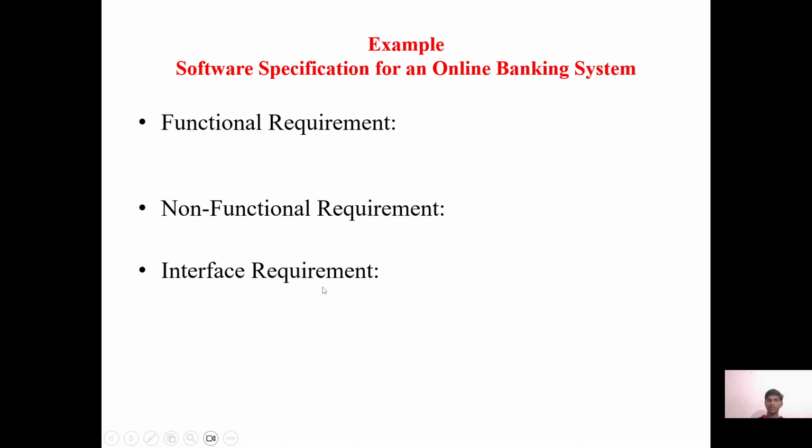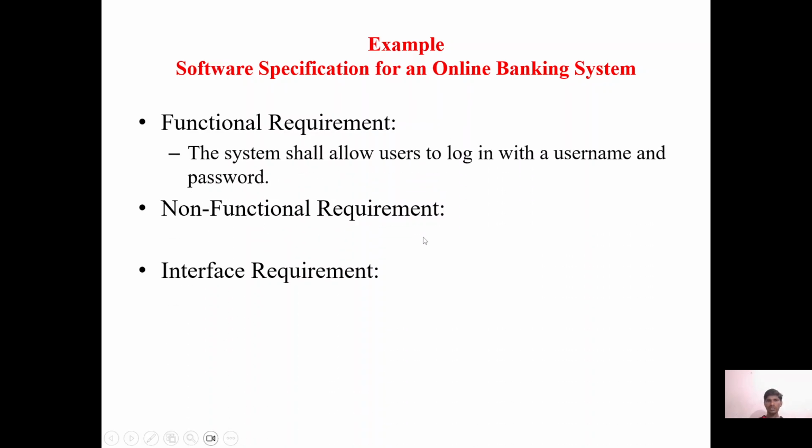Interface requirement. So the application sends an OTP. It is an online banking system. It can send an OTP via SMS. So here the SMS is a gateway or an interface for getting a notification. So these are all the examples for